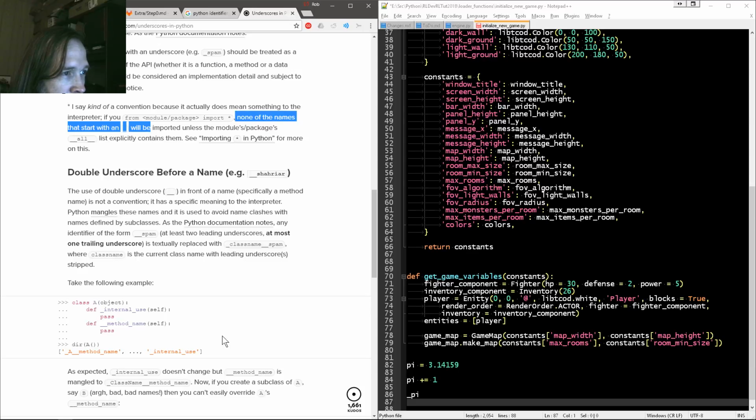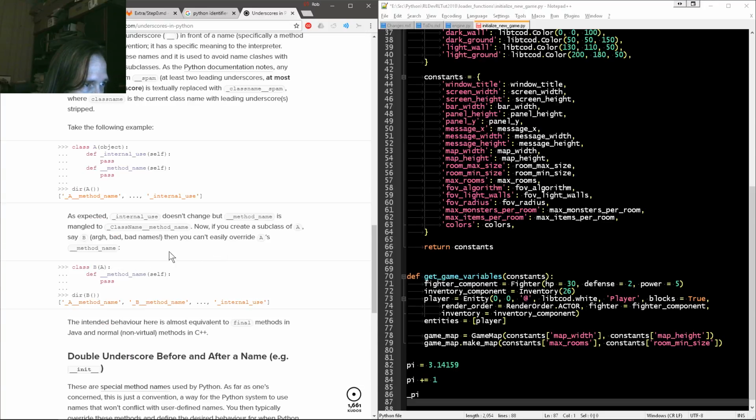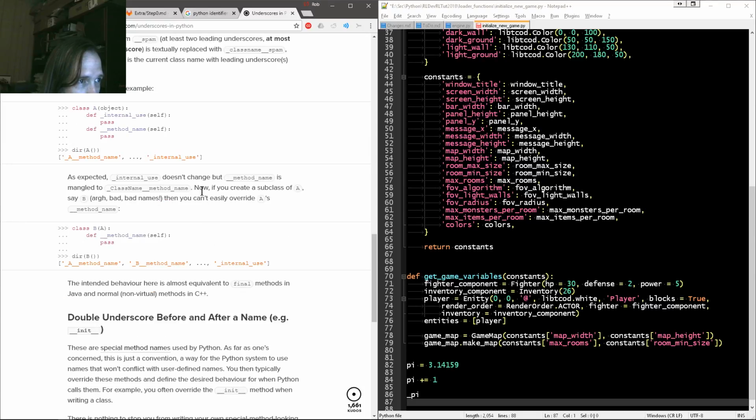Any identifier of the form __spam, with at least 2 leading underscores and at most 1 trailing underscore, is textually replaced with _classname__spam, where classname is the current class name, with leading underscores skipped. Now, if you create a subclass, you can't easily override